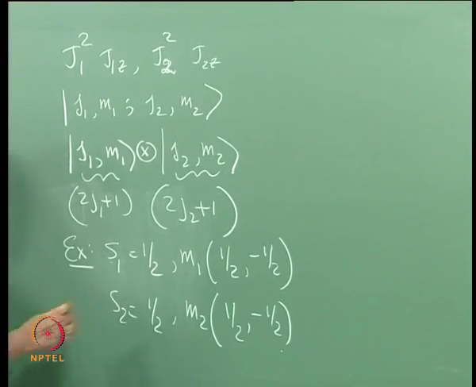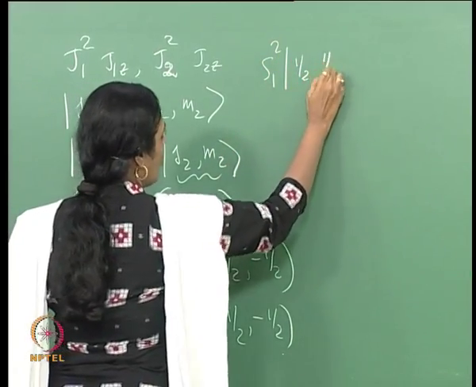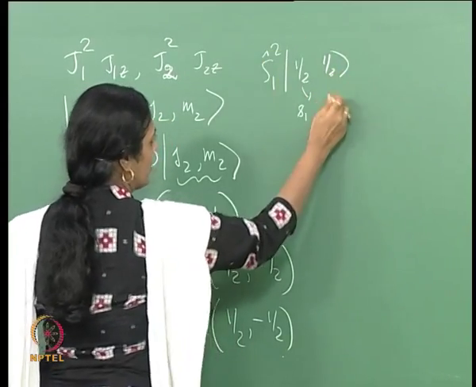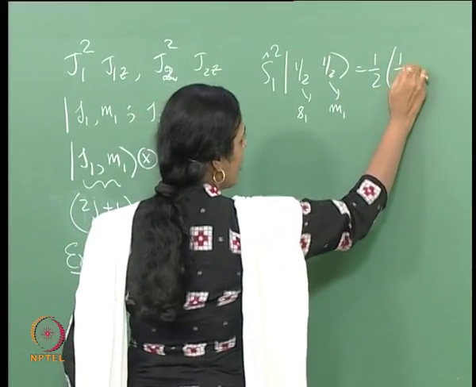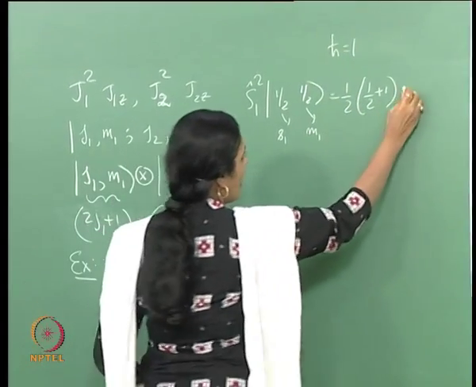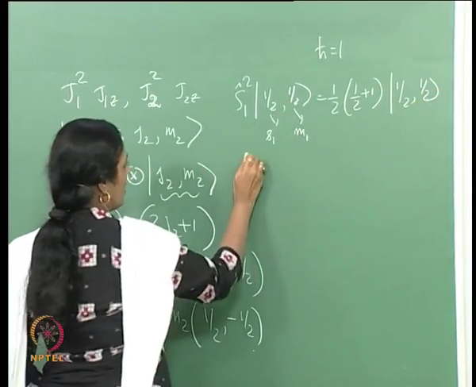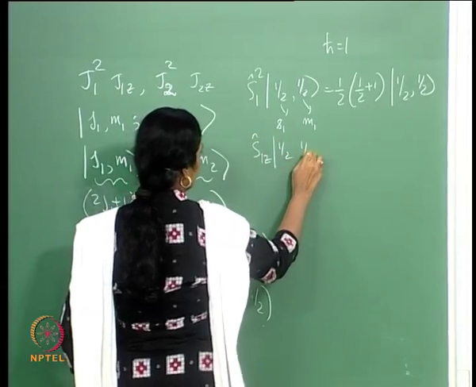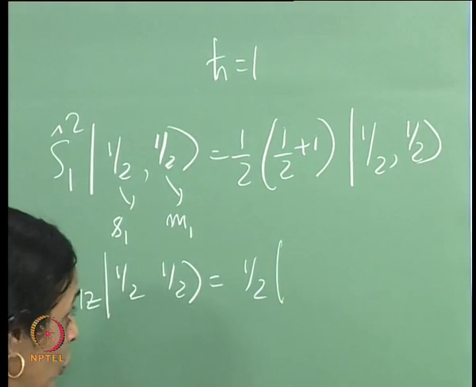The understanding being this, that S1 squared acting on the state half half, where this is little s1 and this is an operator, this is M1, gives me half times half plus 1 in units of h cross squared, times half half. And S1z acting on half half is half in units of h cross,